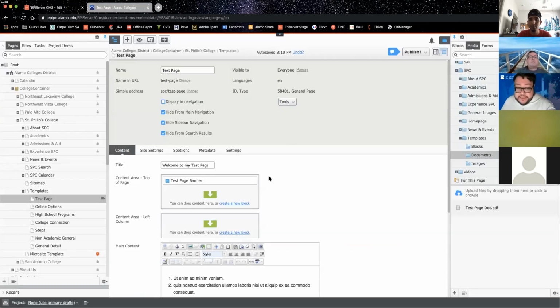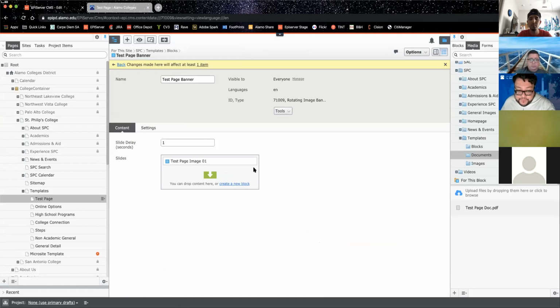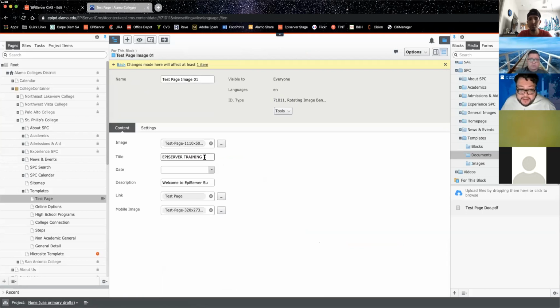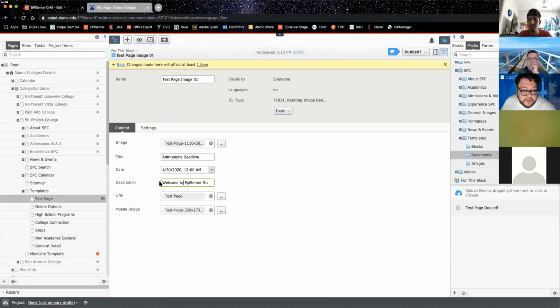If it's already set up on your page, you can go into your content block here and edit your group container, and then go in here and edit the block itself. There's the title that we saw, the Episerver training. You can change it, and you can actually put a date if you want, and the date will show up on there. So let's say we want April 30th as the deadline. And then we can put our verbiage down here. And then let's just say that this is the application that it's linking to. Don't worry about the mobile image and the image here. That's the image